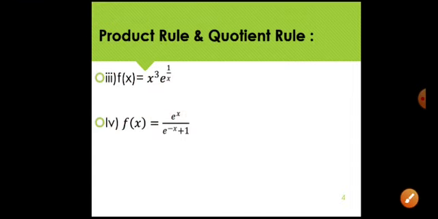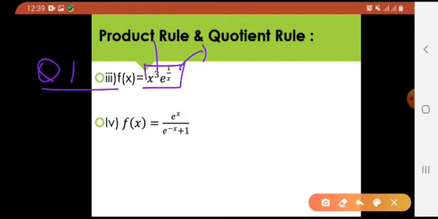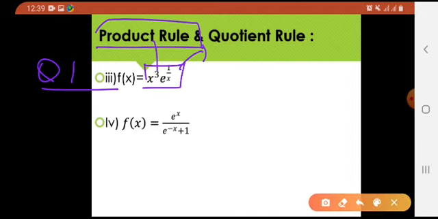Okay, now let us move further. Look at these examples. Product rule and quotient rule. How would this be applied for exponential function and algebraic functions all together? You can see, okay, now this is question number 1, third part, which I am going to discuss over here. What is it? This is algebraic functions, x raised to the power 3, x cube, and e raised to the power 1 over x. This is exponential function. So when they both are being multiplied, we can apply product rule. Whenever two different functions are multiplied, we can apply product rule, right, to find the derivative of them.